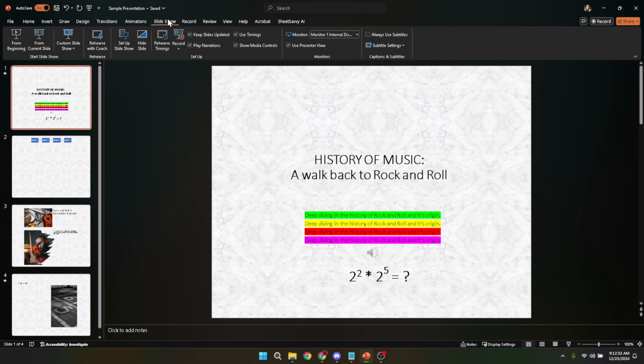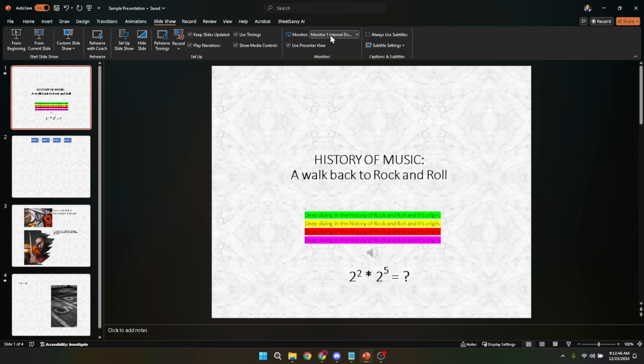Upon reaching the Slideshow tab, you'll see an option labeled Use Presenter View. Clicking this checkbox enables a powerful feature of PowerPoint designed to make presentations smoother and more interactive for the speaker. Presenter View gives you a private view on your monitor where you can see your current slide, your speaker notes, and a preview of the next slide. This dual screen setup ensures that while your audience sees only the slide, you get a comprehensive view that assists in delivering your presentation.